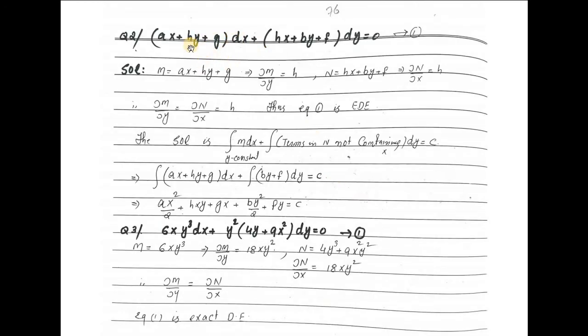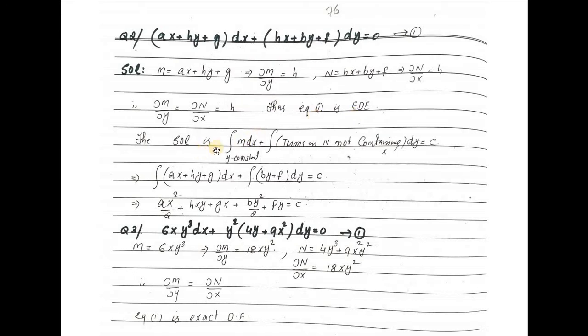Another question. This is the differential equation. Taking this part is m and this part is n. If we differentiate this with respect to y, so del m over del y is equal to, this term will be 0. Hy, derivative of hy with respect to y is h. Derivative of g with respect to y is 0. Now this part is n, differentiating with respect to x, so del n over del x is equal to h. Other terms will be 0. Since value of this is equal to value of this, both the values equal to h, hence equation 1 is